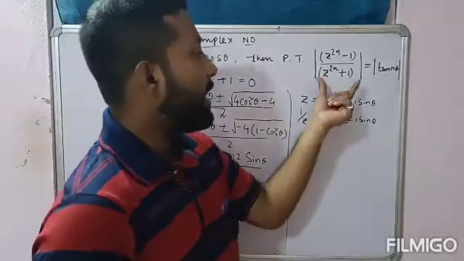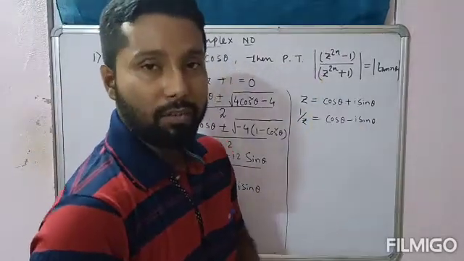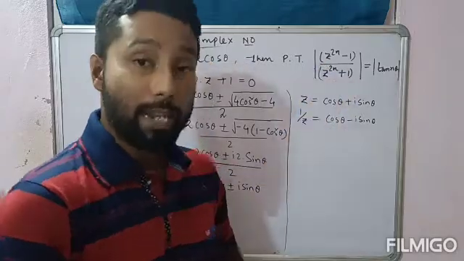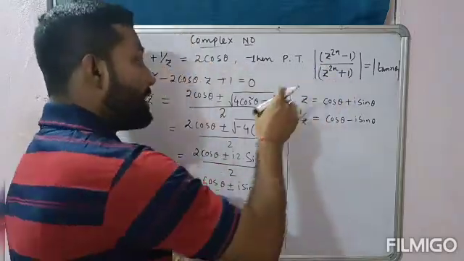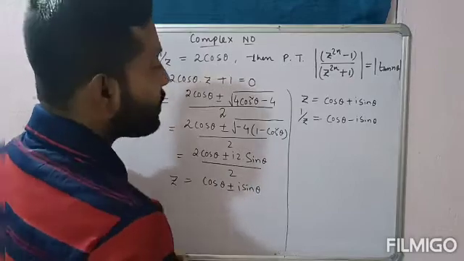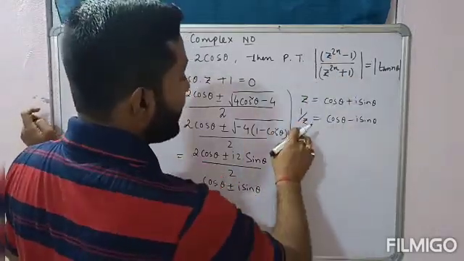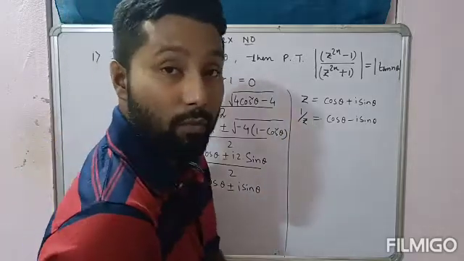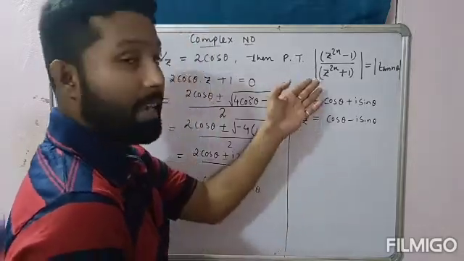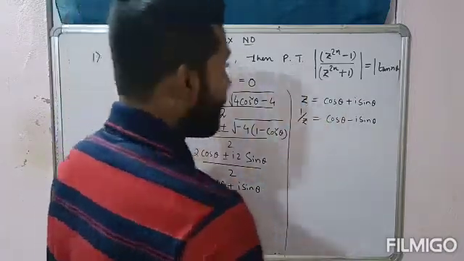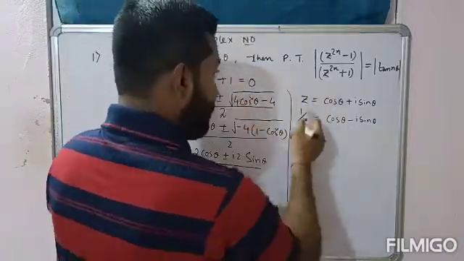Look at here. The value of the expression needs to be found out. Look at that expression: whole modulus z to the power twice n minus 1 by z to the power twice n plus 1 is given, right? So based on that only, I have decided that I will find out the value of 1 by z, because it will be used. I will use it in this expression. I will use the value of 1 by z here. Alright? Okay.